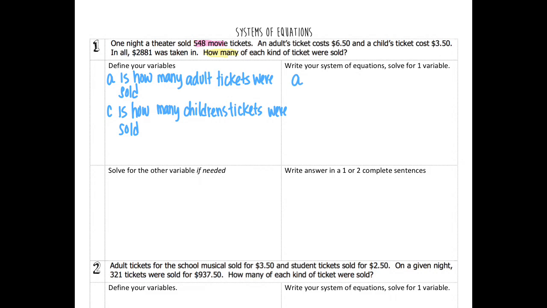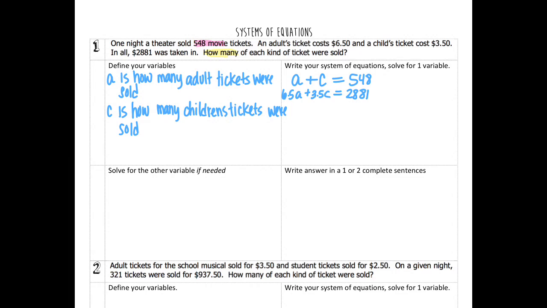Okay, and then they tell me about the cost. Now an adult ticket costs $6.50. So that means $6.50 times however many adult tickets I sold plus $3.50 times however many children's tickets I sold earned the theater a total of